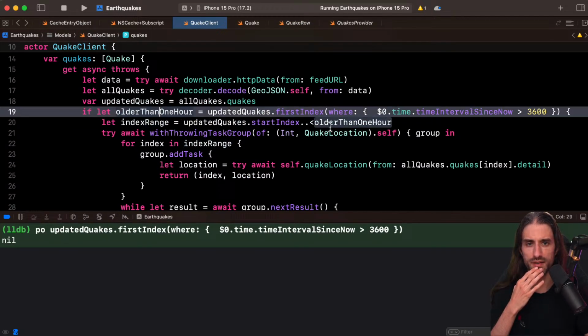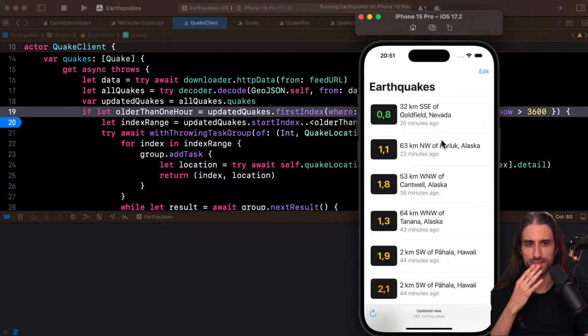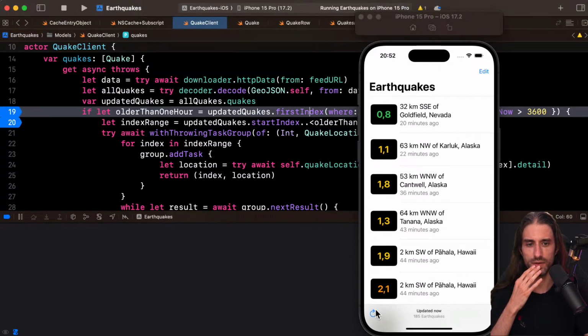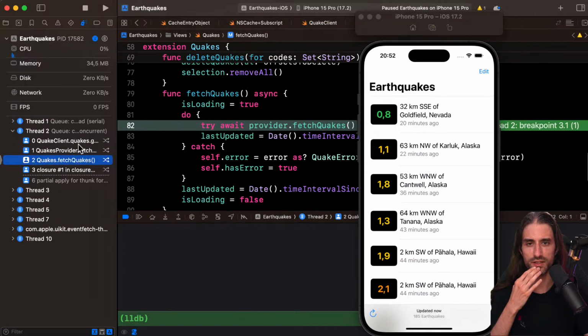Why don't we have this? I'm going to try and see if we ever enter here in the if let. So it seems we never enter the if let. Yeah, data is fetched right here.